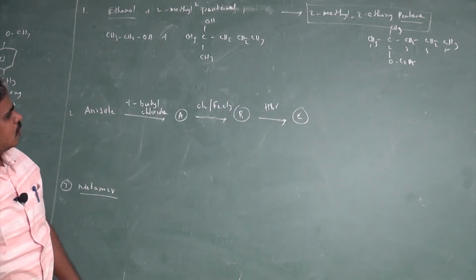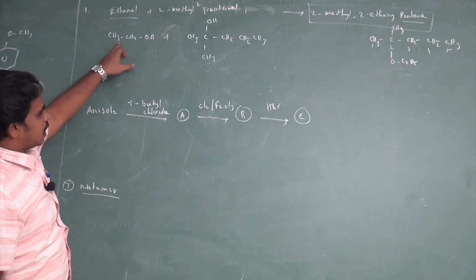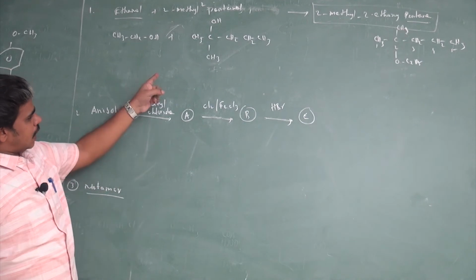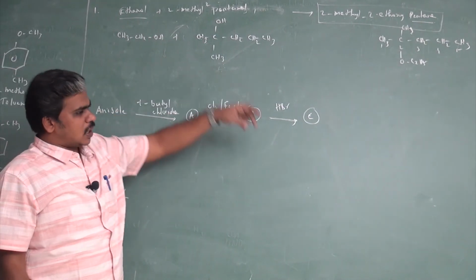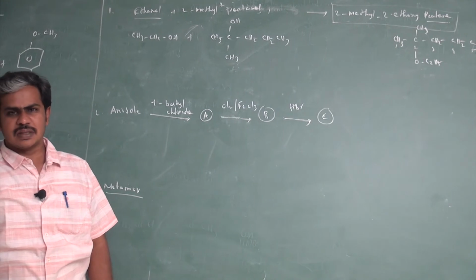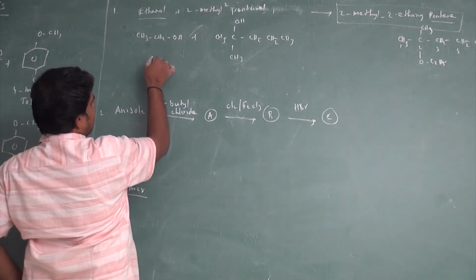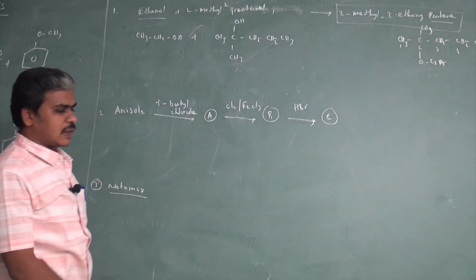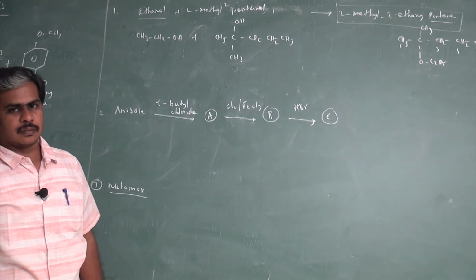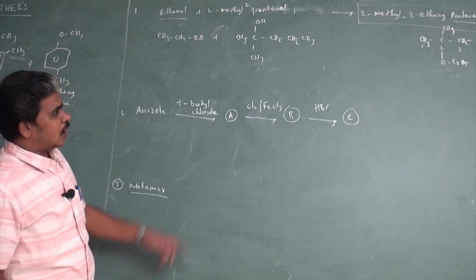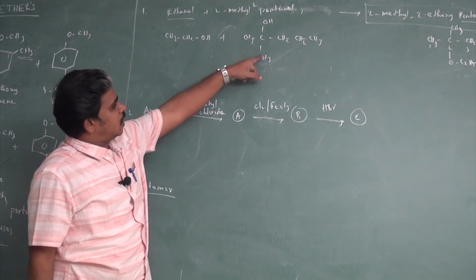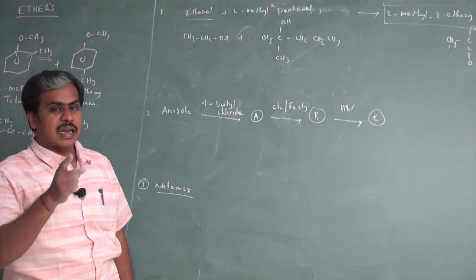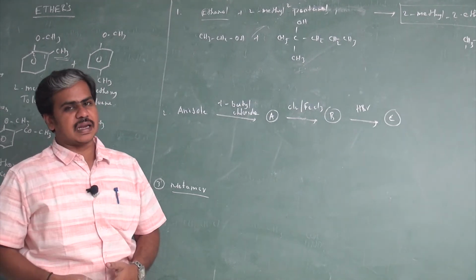And remember, what is this type of reaction? It is a primary alcohol and a tertiary alcohol. So, primary alcohol and tertiary alcohol, you know that it is the Williamson synthesis. When primary alkyl halide is treated with tertiary alkoxide, then we are getting an ether. Correct? Listen, if a tertiary alkoxide is treated with primary alkyl halide, then we are getting an ether. The reverse one, we are getting alkene.